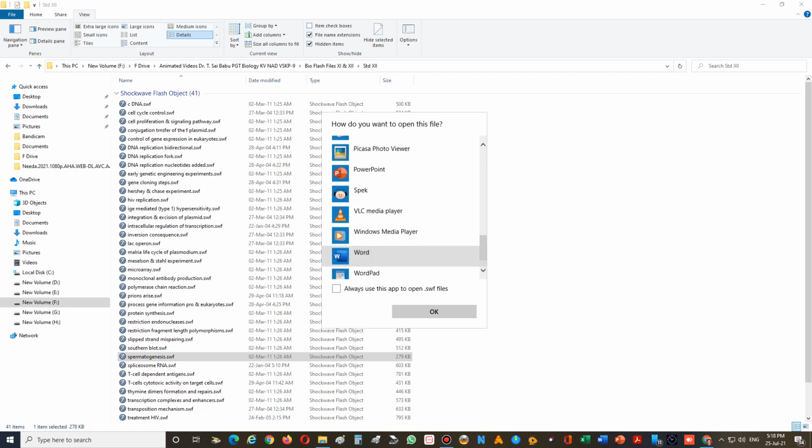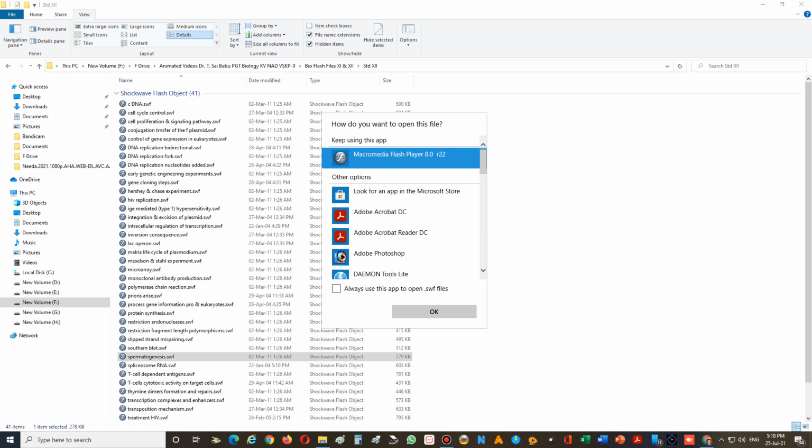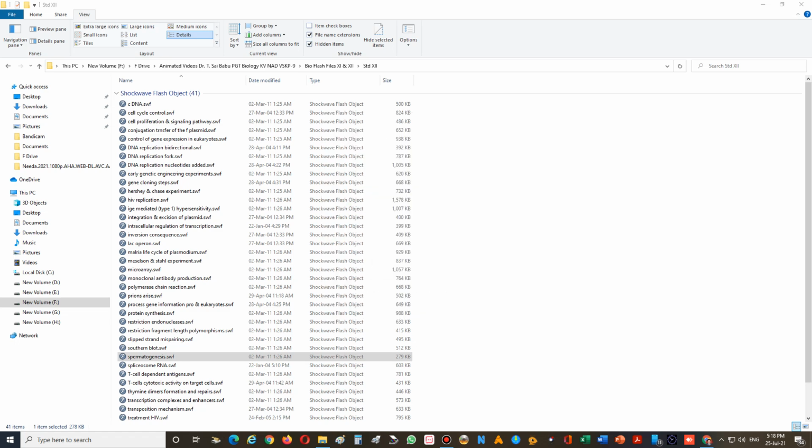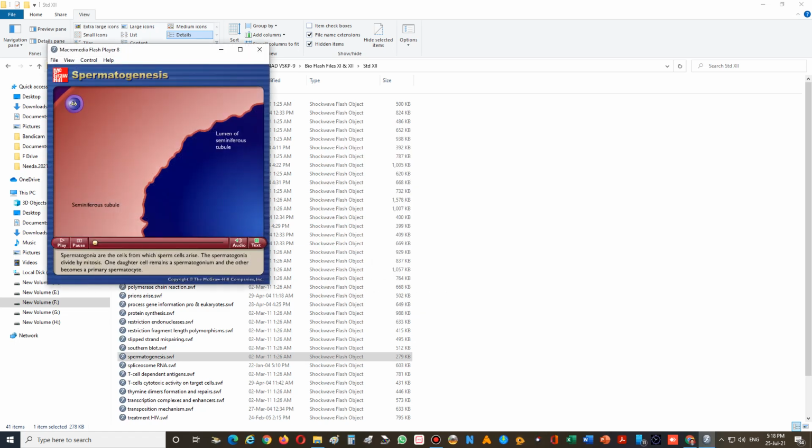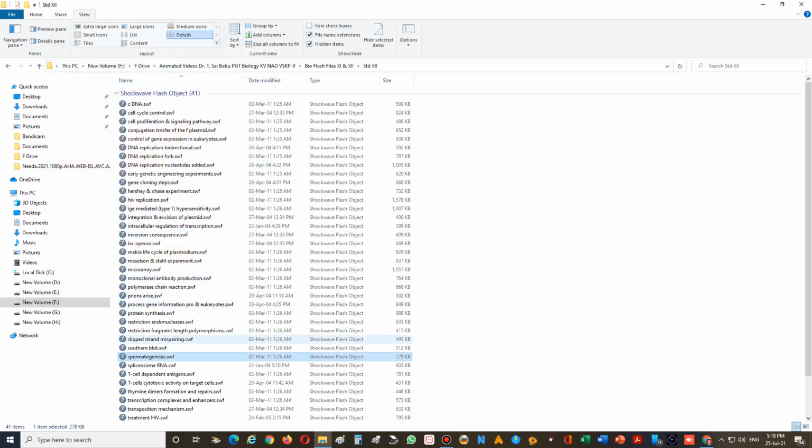So in that case, you have to choose Macromedia Flash Player and check the box 'always use this app to open SWF files', then click OK. Then by default SWF files will be opened by this software.